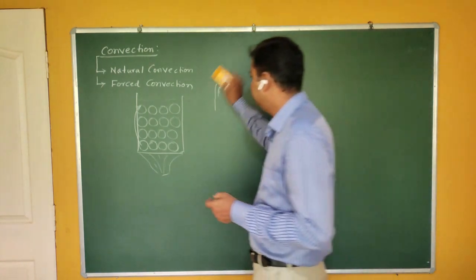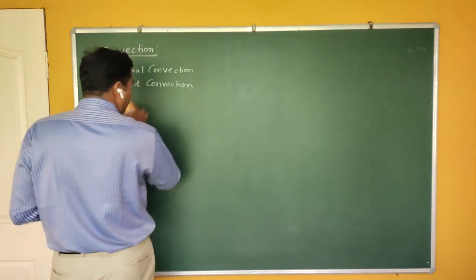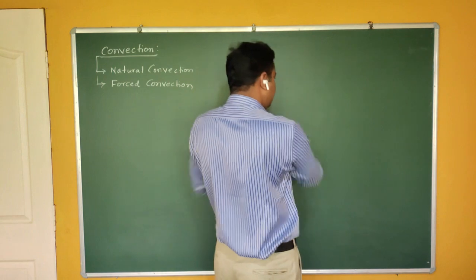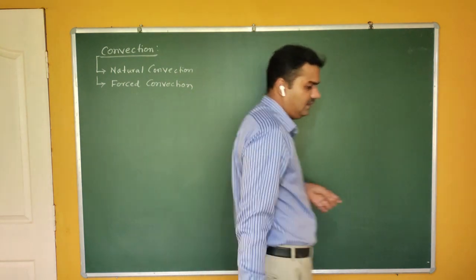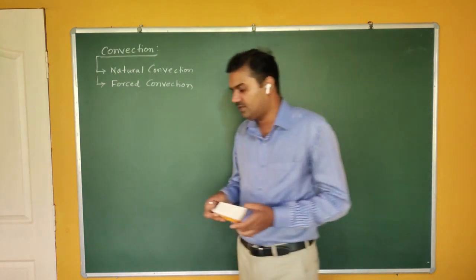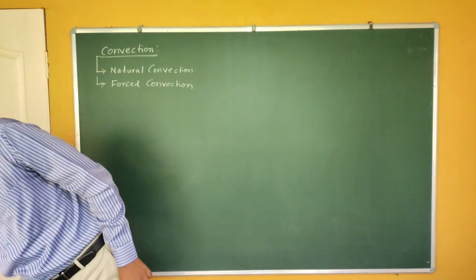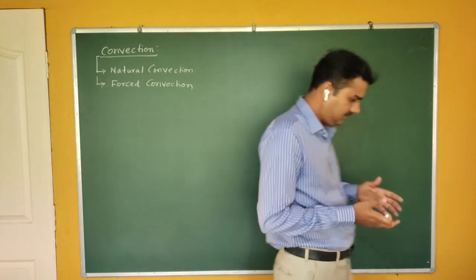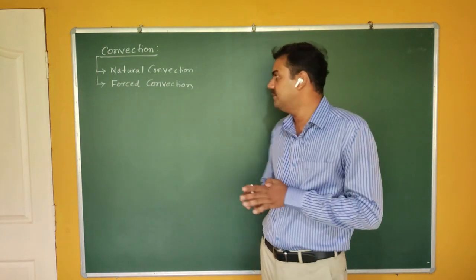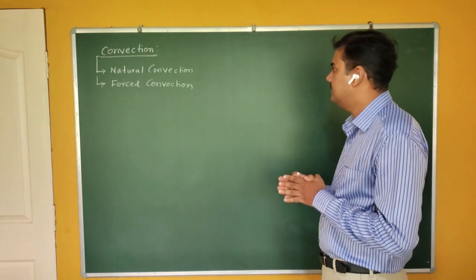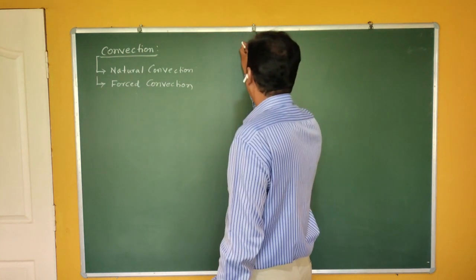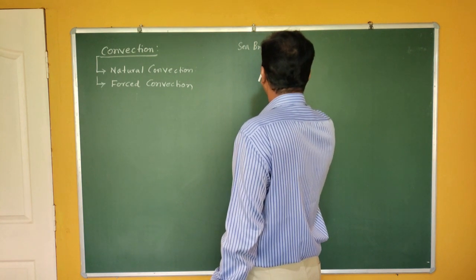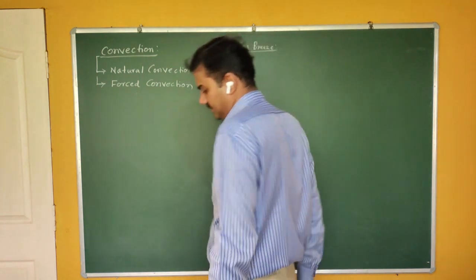Okay, so in nature we have large number of example for convection. It may be natural, it may be forced convection, but you can give the large number of example for convections here. So there are some main physical phenomena which based on the principle of convection, let me discuss here. So first is called sea breeze. Sea breeze. What is sea breeze?